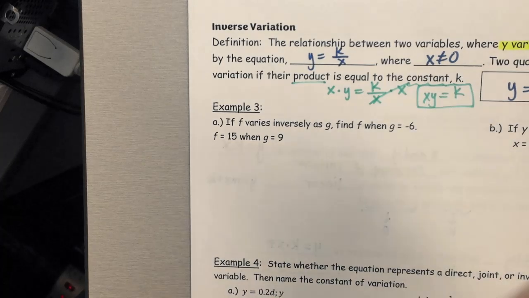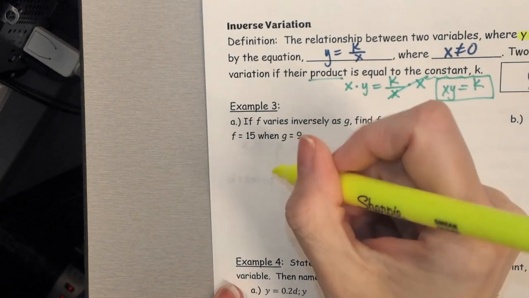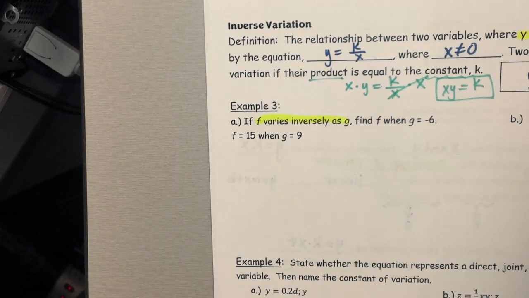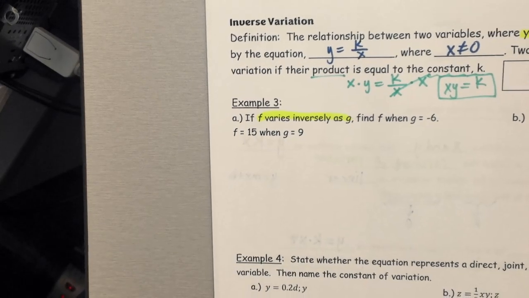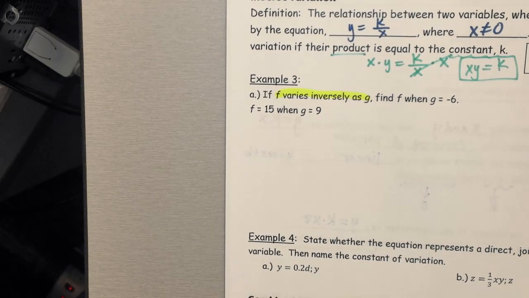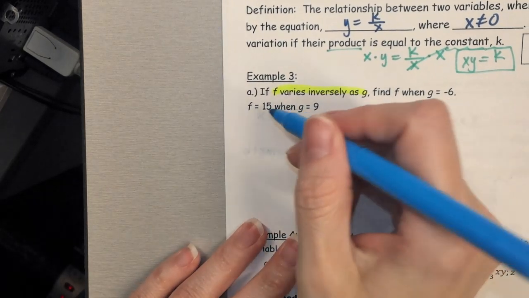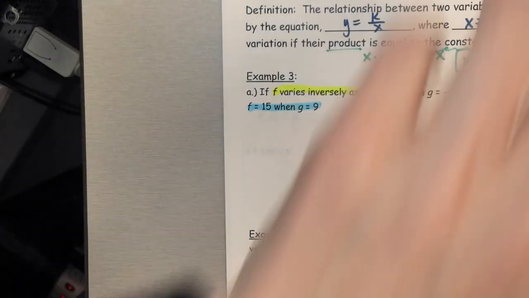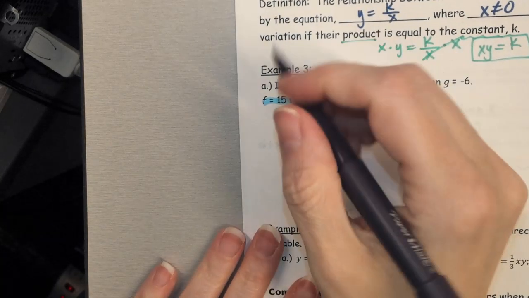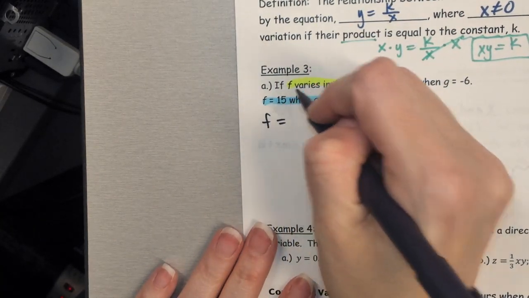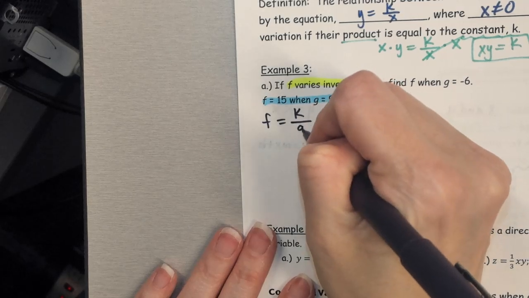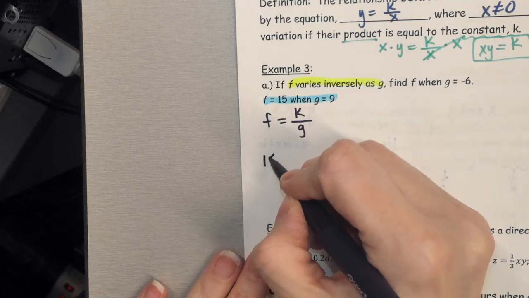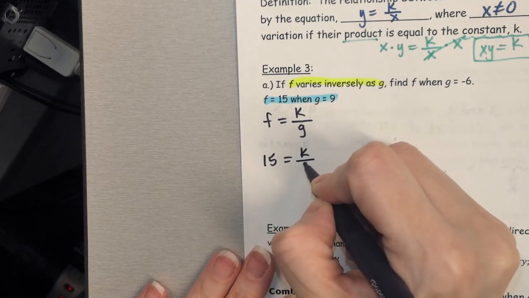So in example 3, if f varies inversely as g, we're going to find f when g equals negative 6, f is 15 when g equals 9. And you can see too in the examples we did before, sometimes they give you that pair first, sometimes they give you that pair second. When you set this up, f varies inversely as g. You have f equals k over g. So if 15 equals k over 9,